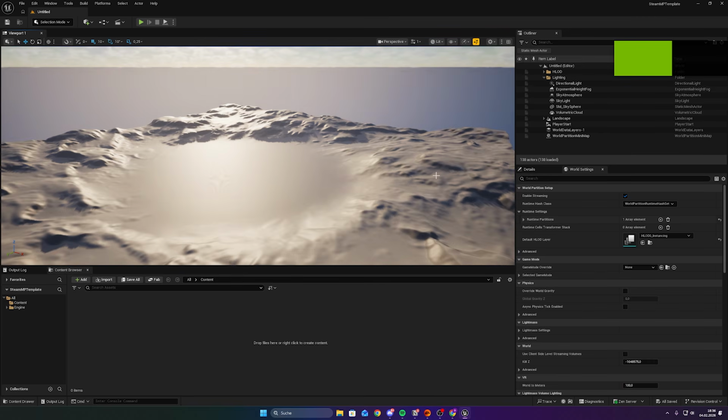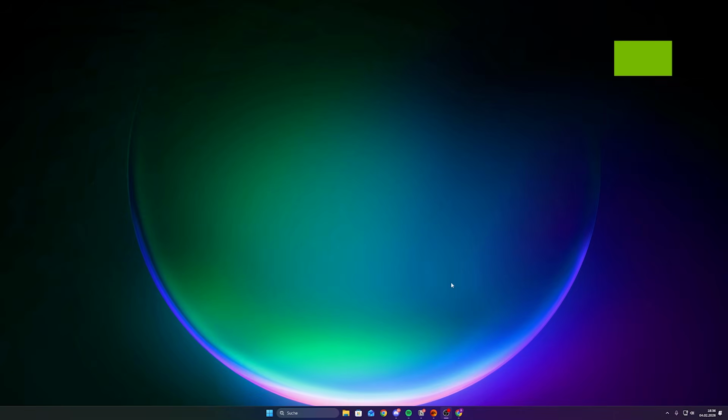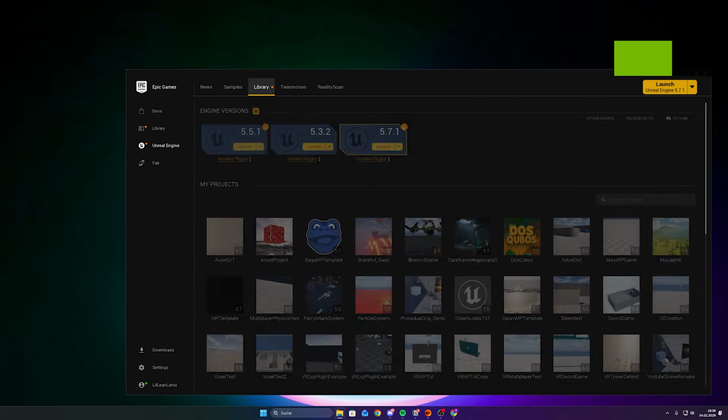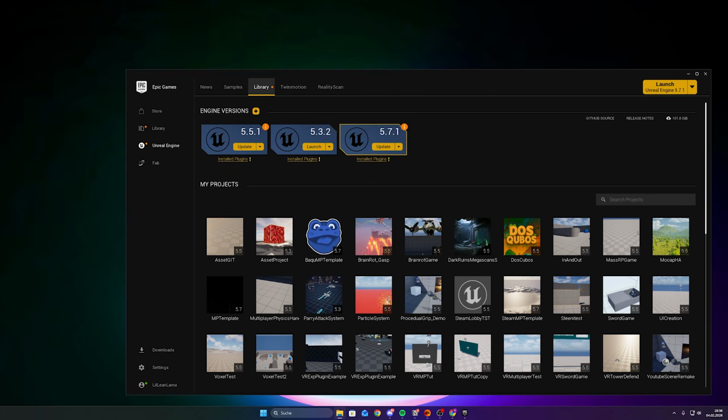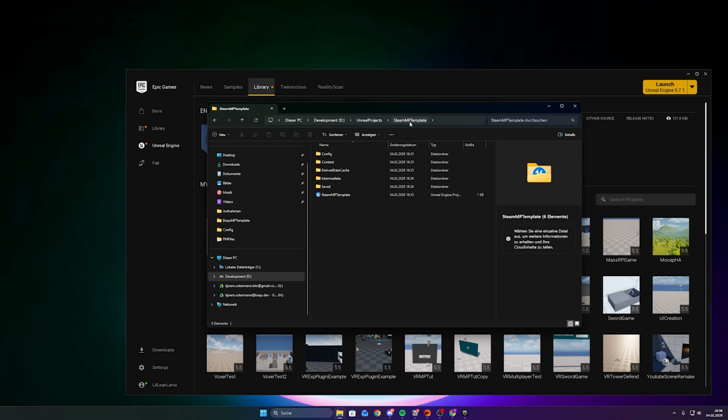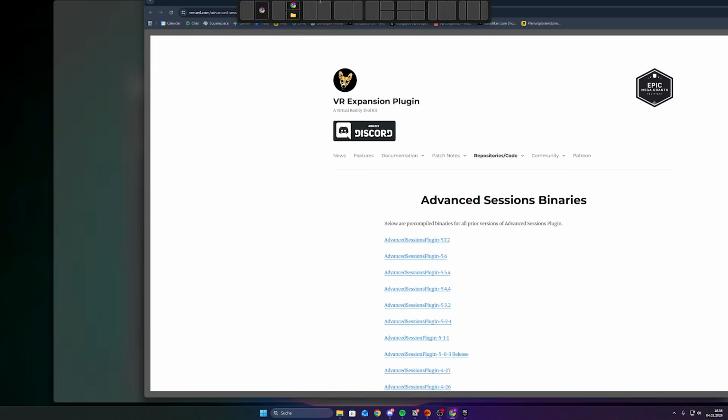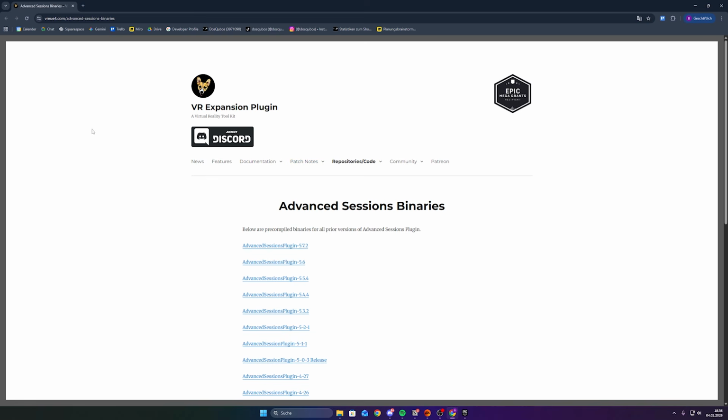Alright, once that is done, you can go ahead and close the project again and go to your File Explorer, to the path where you have saved your Unreal Engine projects, and go into the folder where your project is saved. For me it's just Unreal Projects and SteamAppId template. It will look like that, and what we are going to do now is create a folder for our plugins, and after that you will have to head to the first link in the description,